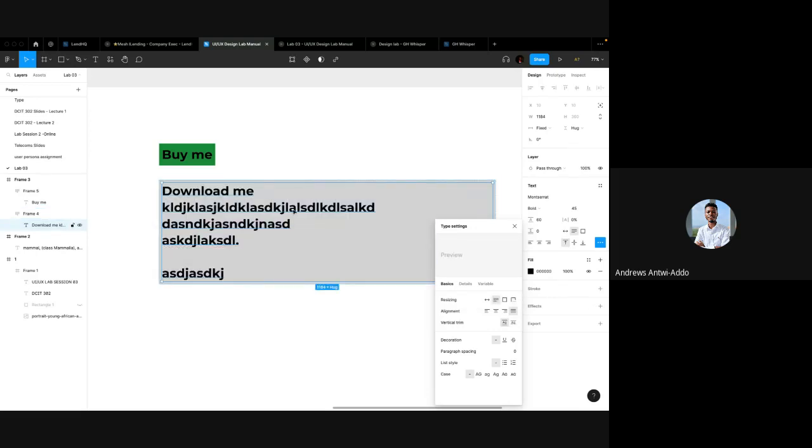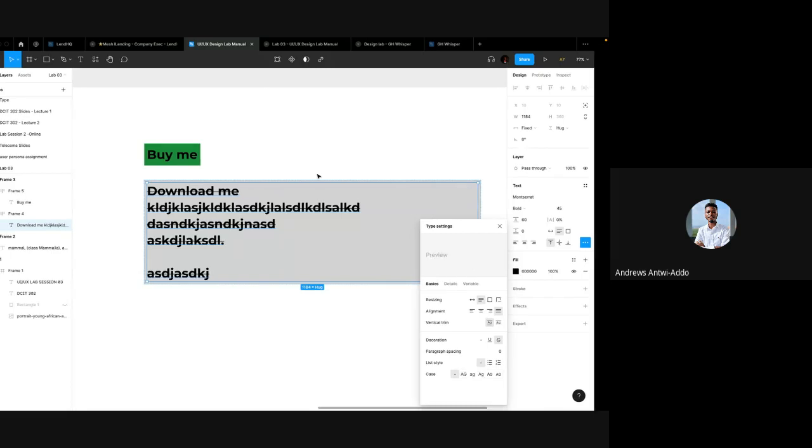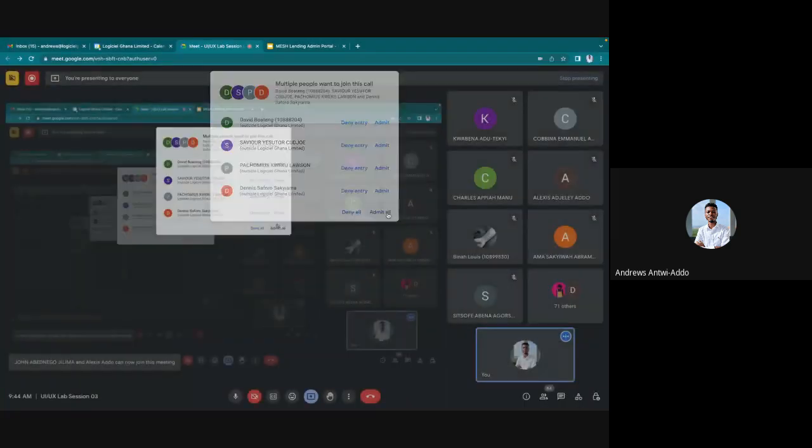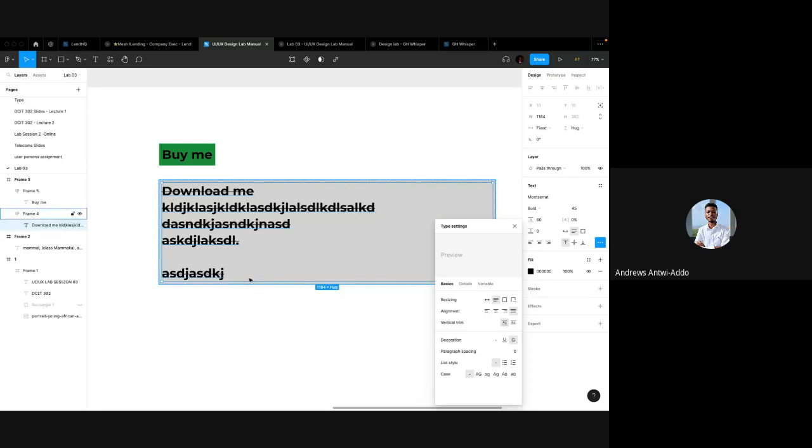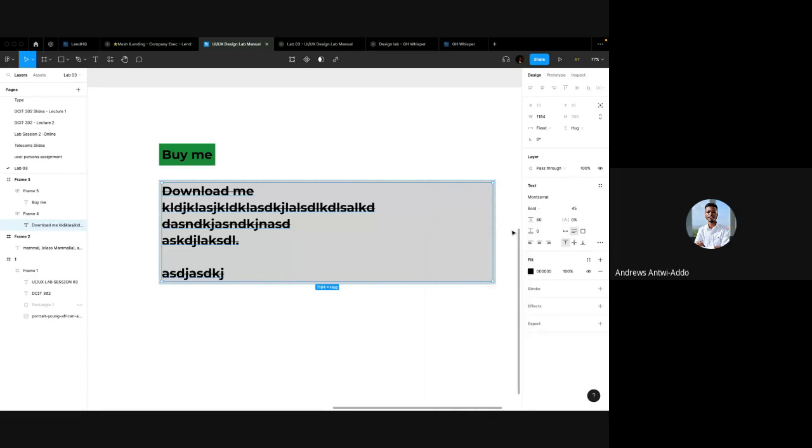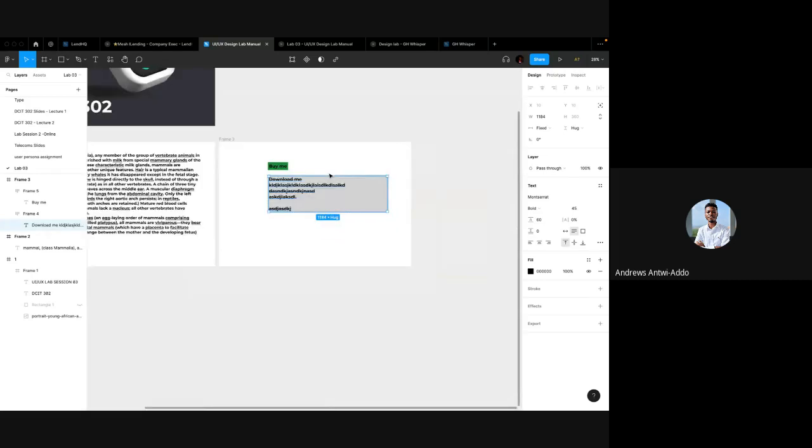So with this one, I know you know what justifying means, so I'm not going to touch so much on it. And then this is what you use to underline your text, but you can just hit Control U on your keyboard to do that. If you want to strike through your text, I mean, these are more edit functions you can apply to your text. Okay, so I think you can explore a lot of these edit functions when you go back to your Figma file, but just understand what they are used for. Okay, so for today's session,